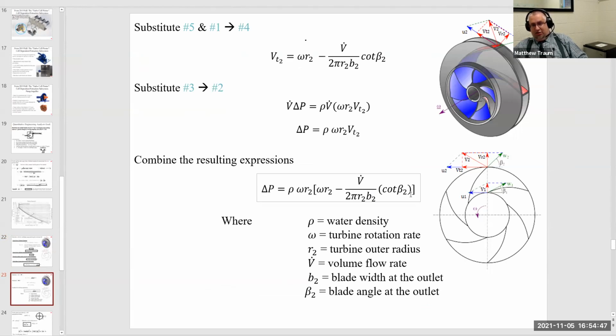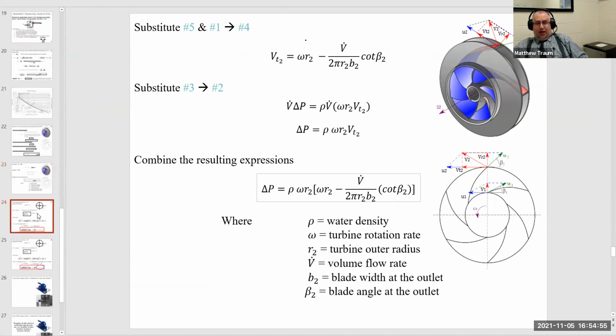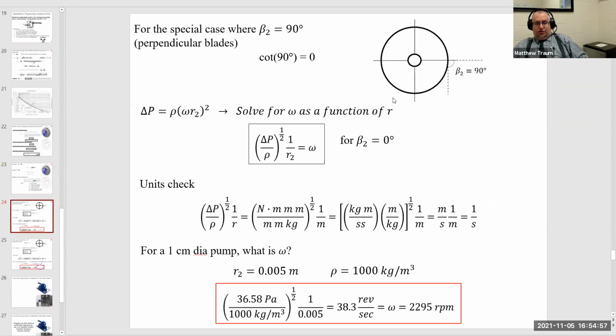So these are just geometric parameters, angles of blades and widths and distances of blades and so forth. They took the blade design information from John Abbott's class and used it to find the rate at which this